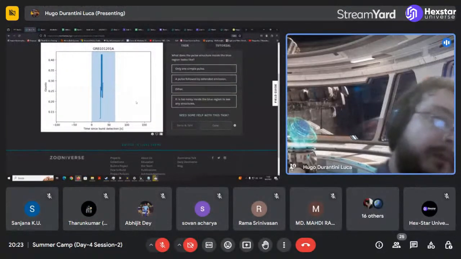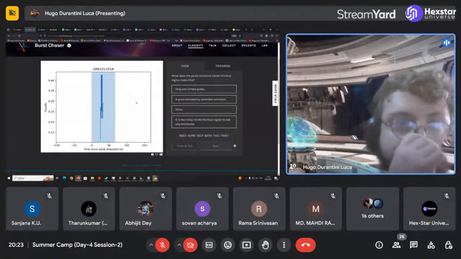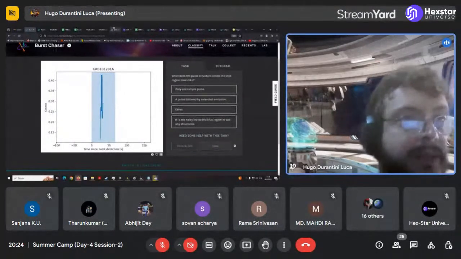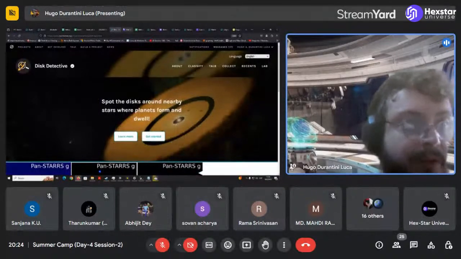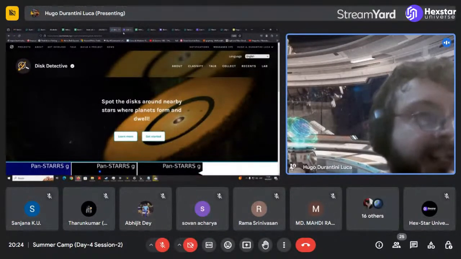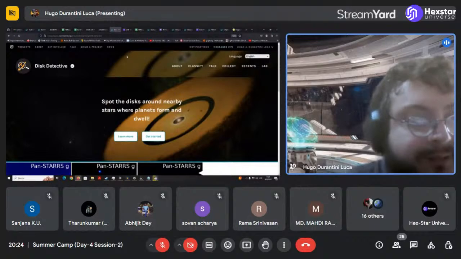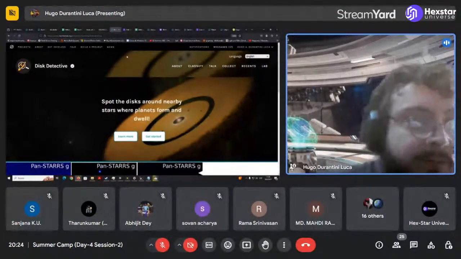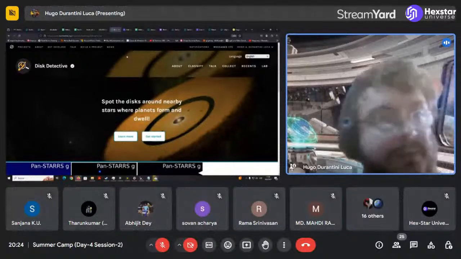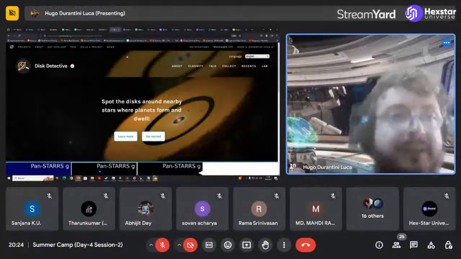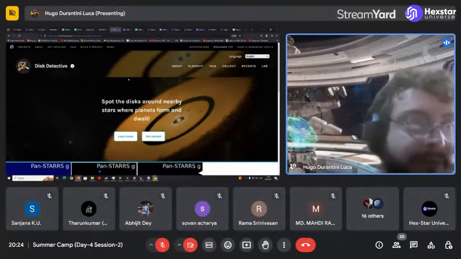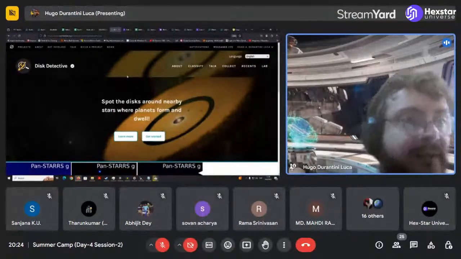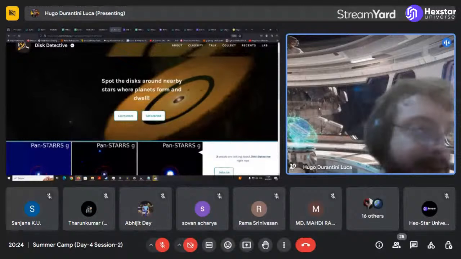Now we are going to move a bit away from black holes and such. We are going to speak about Disk Detective and two other projects that were kind of a byproduct of this, where we are going to deal with things more easy to understand, if you want: stars, how planets form and how we can find out about that, and other stellar types of bodies.